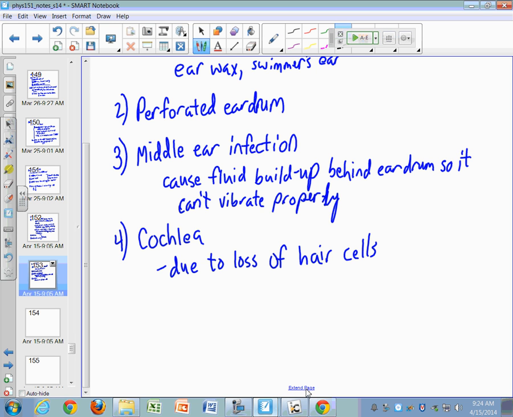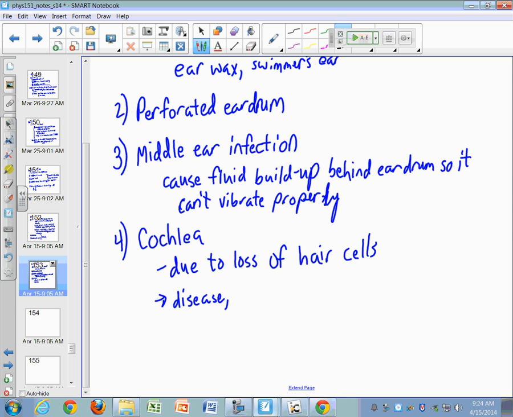Remember, the hair cells are the things that actually transmit the electronic signal to the brain. You have the sound that comes in, they vibrate that basilar membrane, and then they actually transfer that to the hair cells. And if you lose those hair cells, then that's a pretty major portion of getting sound to the brain. So this can be caused by disease,